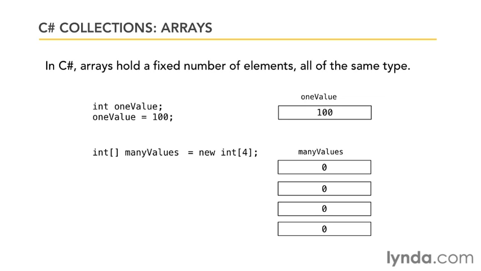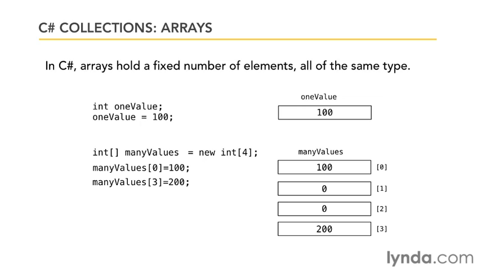Now, arrays are 0-based indexes. So that first element of the array there is not element 1, it's actually element 0. And it counts up from 0 up to 3. So there's 4 elements, but it goes from 0 to 3. So if I wanted to reference one of the elements in the array, I would simply use manyValues, and then inside the square brackets, the index number of the one I want to change. So if I wanted to change the first element in the array to a value of 100, I would say manyValues[0] = 100. And lo and behold, the value changes. If I wanted to change the last one, I would do manyValues and then 3 in the square brackets,